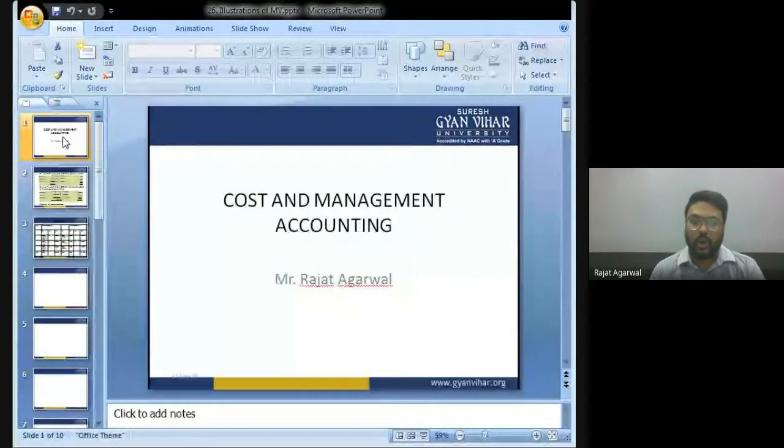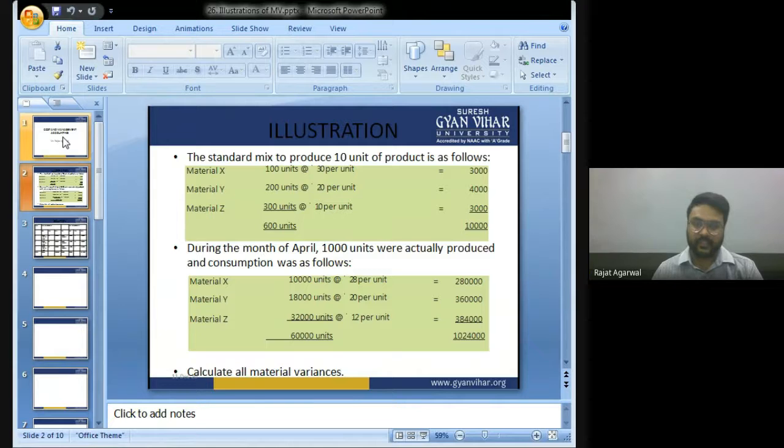And in last class, I gave you one homework illustration. Let us see what the solution is. All who have done the illustration homework, please check your answer. So, let's start with the illustration. This is the illustration which I gave you in the last class. Let us see what it is saying.